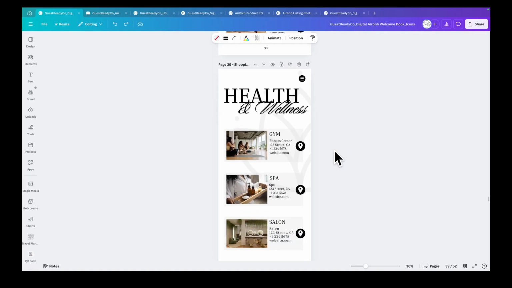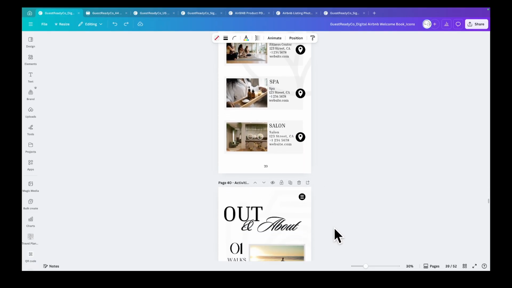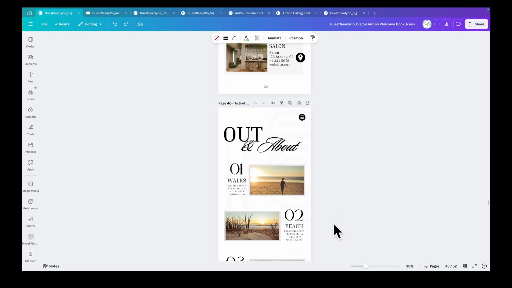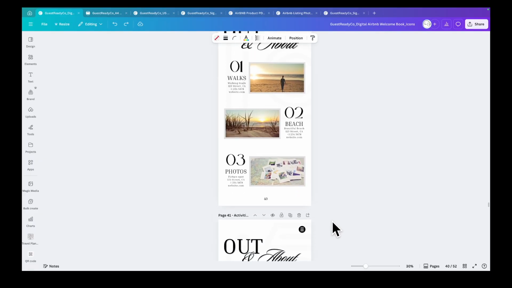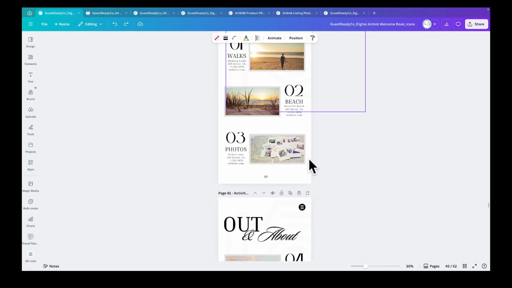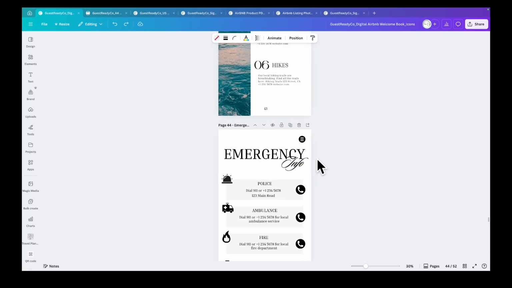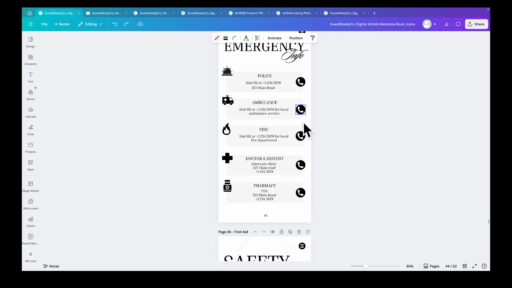I've added a nice health and wellness page over here for people who like to keep fit while on holiday or away from home. Salons for the girls or boys, whoever would like to have a little self-care moment. Another option on the out and about pages. These ones don't have hyperlinks, so if you like to keep it simple with just an address, we can do that over there. And then we're onto our emergency page, which I've explained how to add your telephone number of the police, ambulance, fire,